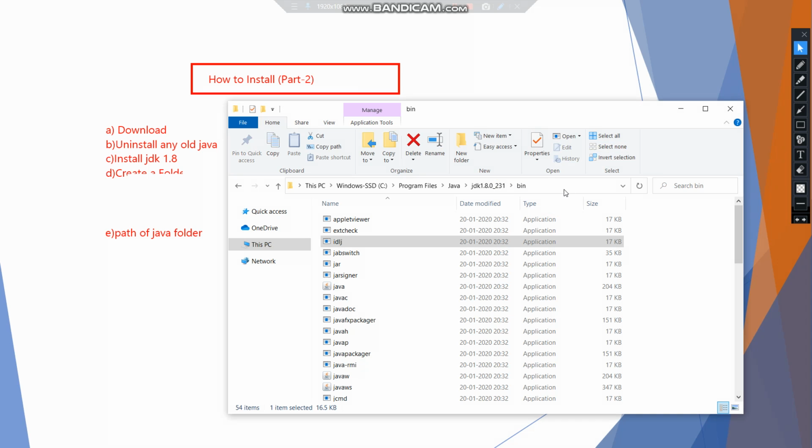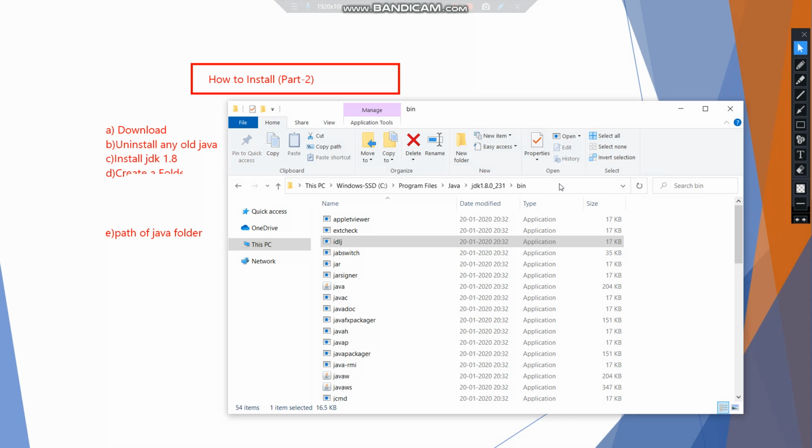Okay, so basically we need to set the path of Java with the help of this line. Okay, so if we set the Java path, the commands will also work in another folder. Okay, so basically this is the main purpose of setting the path of Java, so that all the commands can work in another folder, that is Java Prog or any other folder which we have created.